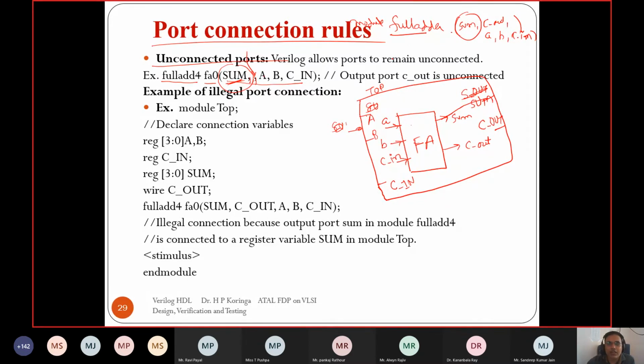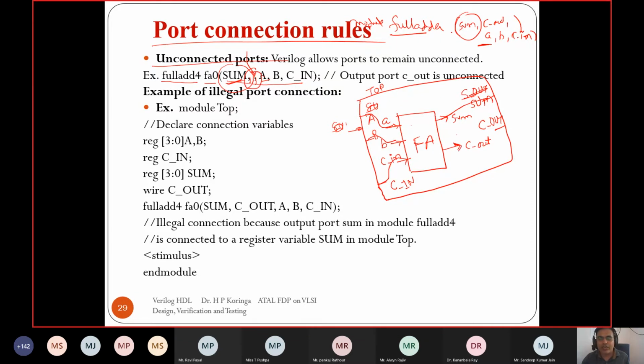A is in the third position in the port list, as one of the inputs. So A is connected with A, B with B, and C with C. This way it instantiates the module, right? It is allowed in Verilog for some port to be unconnected, and that unconnected port is taken as a high impedance state.